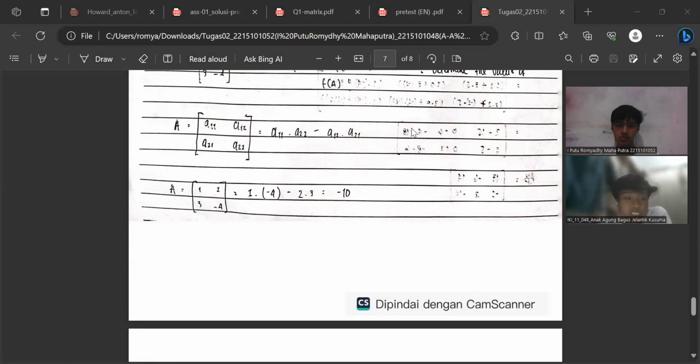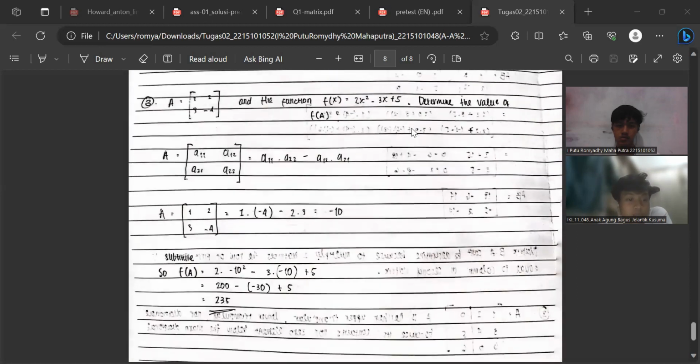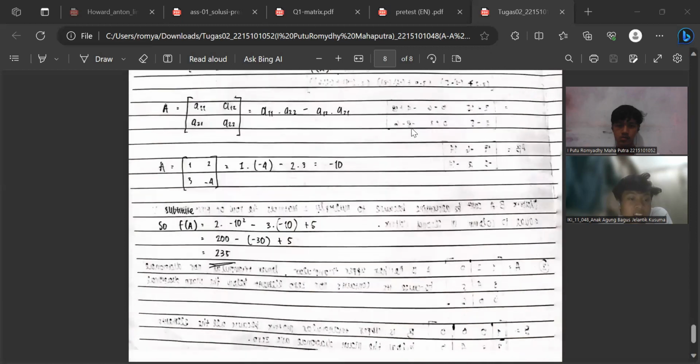So you can see that now 2 multiplied by x, where the value of A is minus 10, and then 3 times minus 10 plus 5, from minus 10 power 2 is 100, and then times 2,